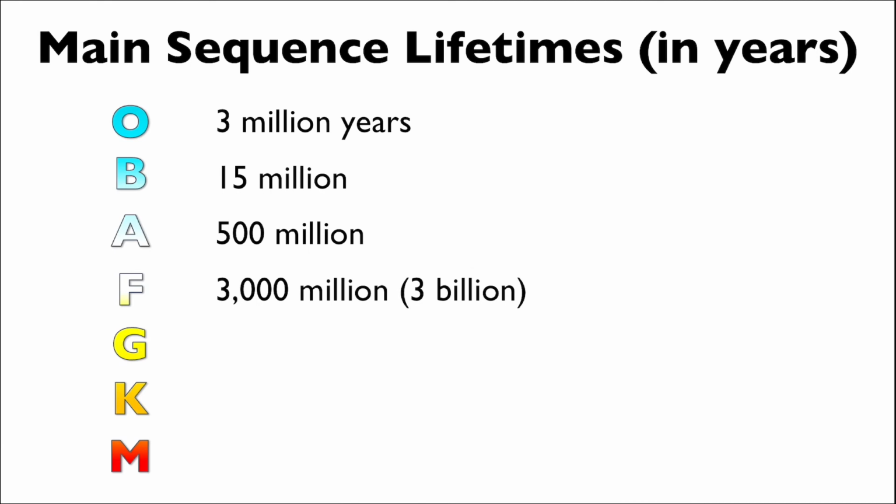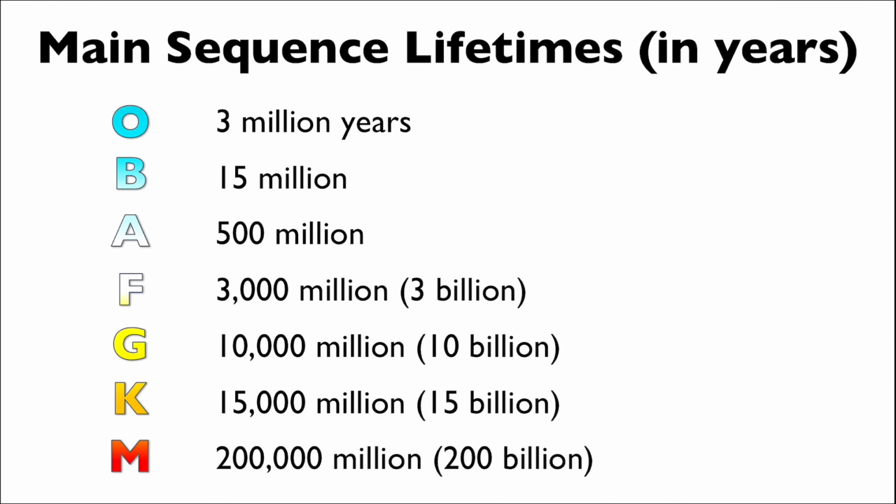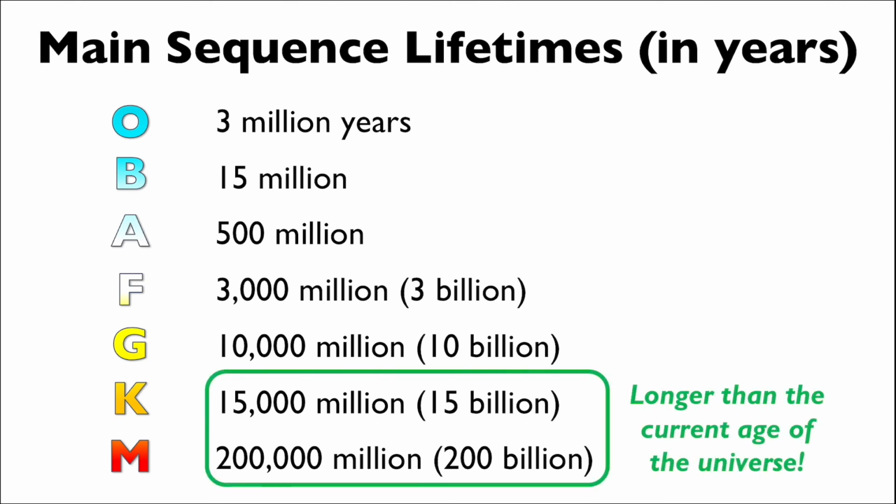And then G-type, K-type, and M-type stars each have a main sequence lifetime of 10 billion, 15 billion, and 200 billion years, respectively. It's worth noting that the K and M-type stars still have a long ways to go on the main sequence, since their main sequence lifetimes are longer than the current age of the universe,